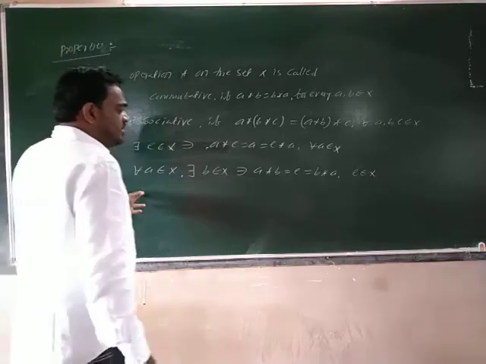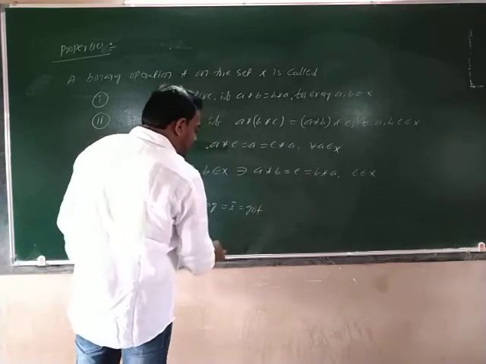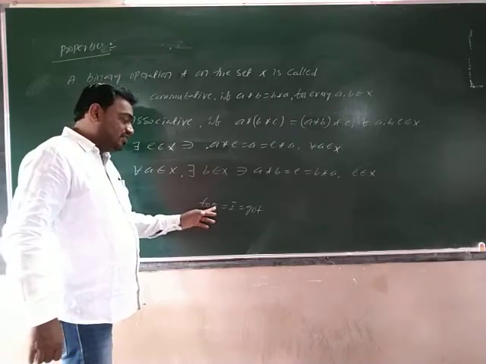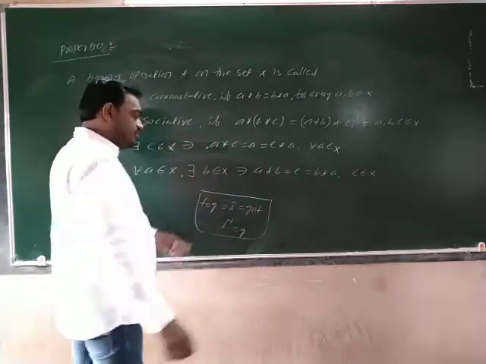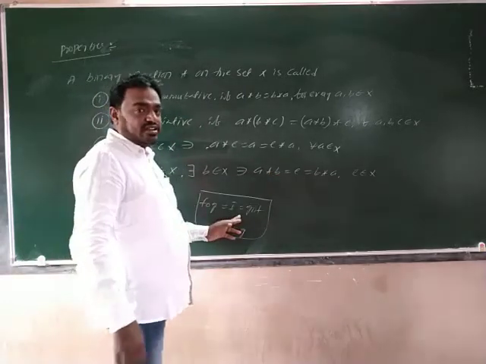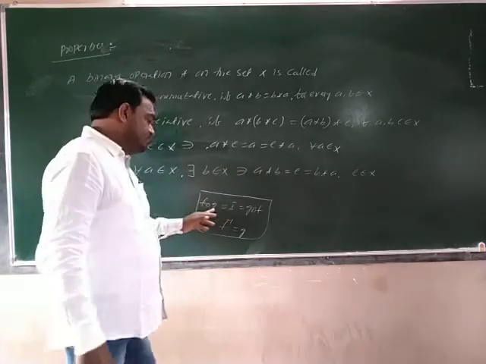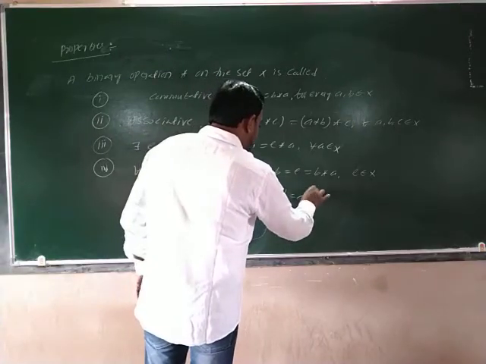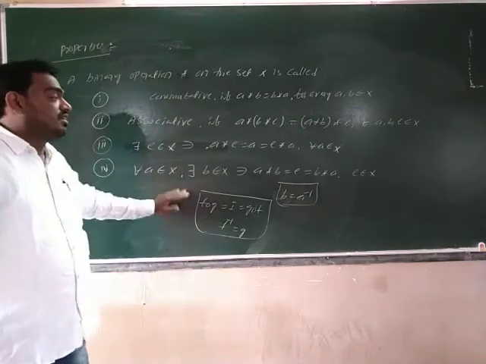So simply, F circle G is equal to I, which is equal to G circle F. Here F is invertible, and G is the inverse of F. That is, F inverse is equal to G. Similarly, A star B is equal to B star A, which equals the identity. So here A is invertible, B is equal to A inverse, or A inverse is equal to B. Right? These are the definitions.